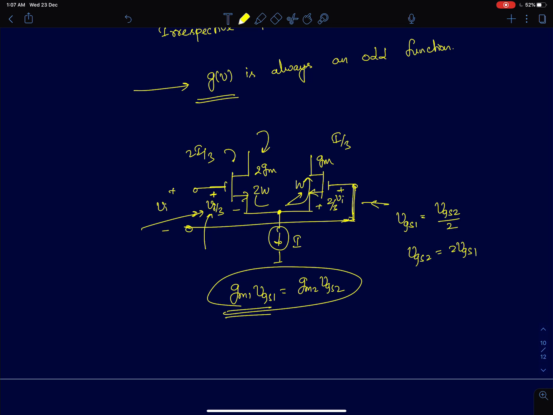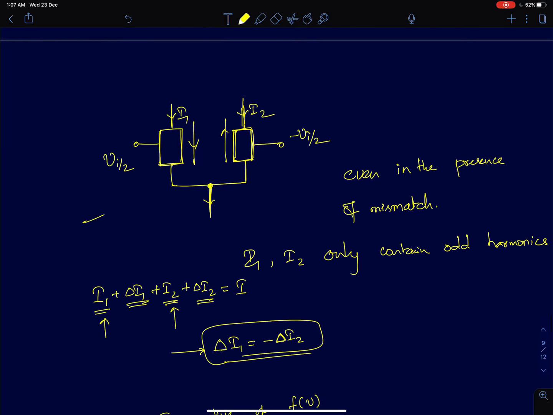By doing so, these two currents will become equal. The increase in I1 will become equal to the decrease in I2. That condition is met. In a similar way we can analyze odd harmonics as well. For every power of 3, 5 and so on, we can think your voltage will distribute in such a way that an increase in this current should be equal to a decrease in this current. So this is how